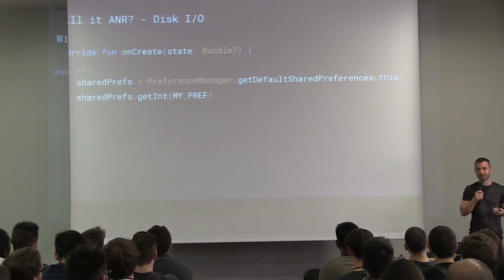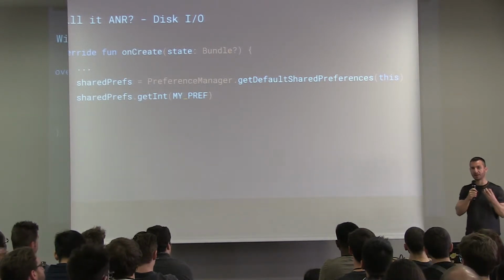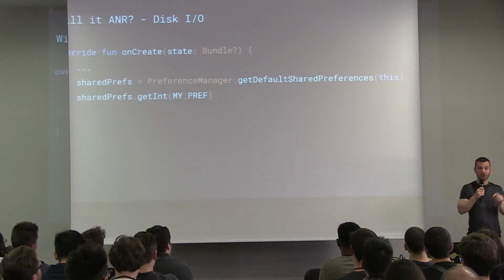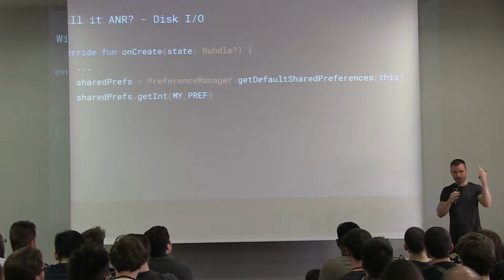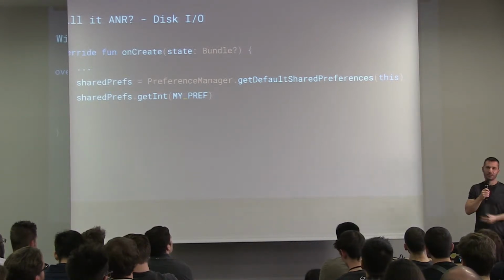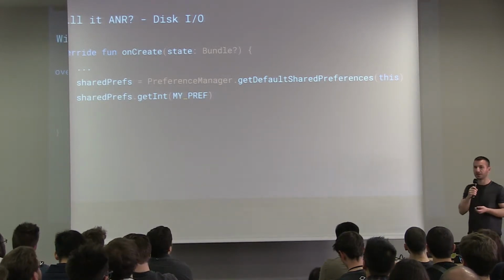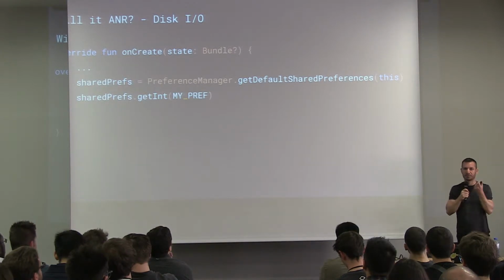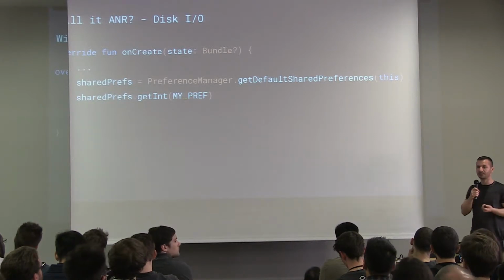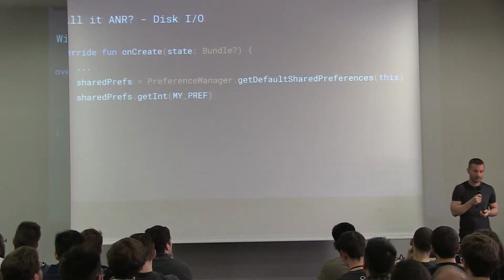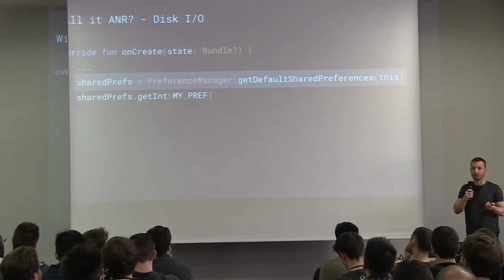So if I just create the shared preferences from disk, the actual implementation eagerly reads the whole XML, even if I just read one integer later. If my shared preferences are large, like there's a lot of things stored in there, you pay the cost up front where you just create it. But it doesn't really matter if my shared preferences are large or not. The sole fact of reading something from the disk, like I said, in particular situations, can cause an ANR, and it's something you should never do on the main thread. So yeah, this is wrong. The ANR will happen here, or can happen here.